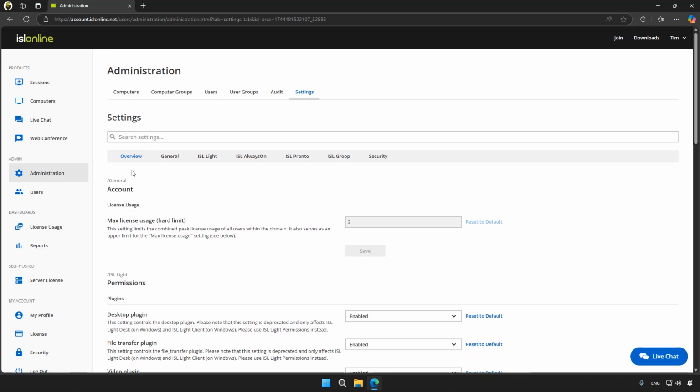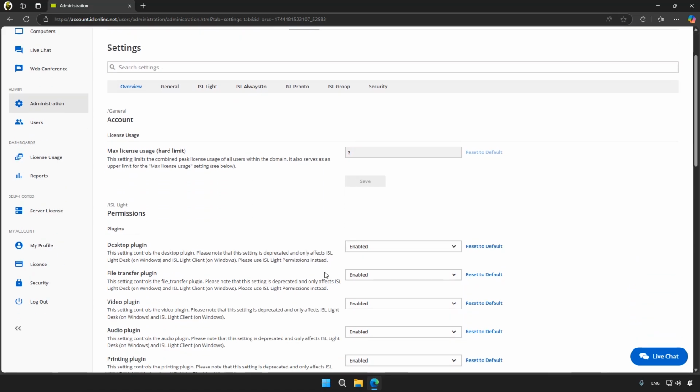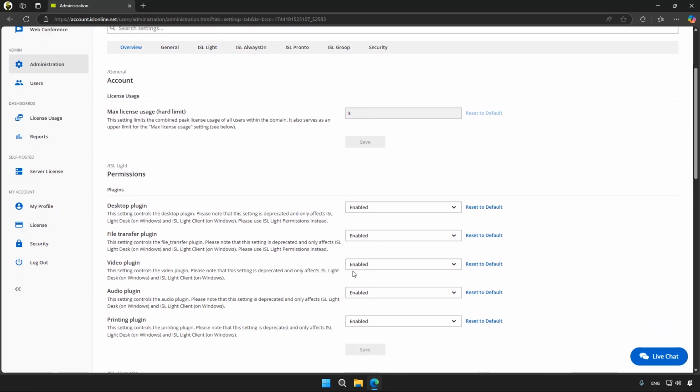The Overview tab is a dynamically generated tab. It gathers all the settings that were changed in the past and now differ from their default value. It enables us to quickly find a setting that we've recently changed, so we can either change it further or revert it back to the default value. Each setting in the Overview tab has a reset button next to it.